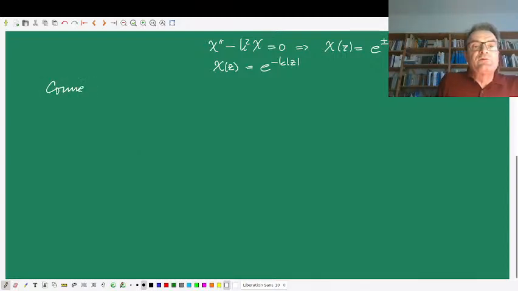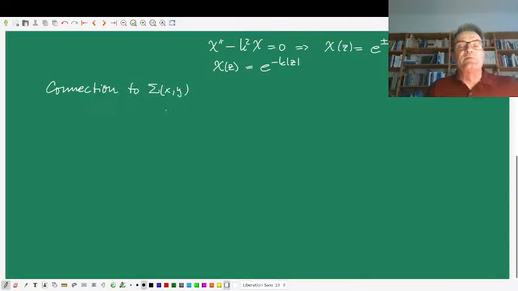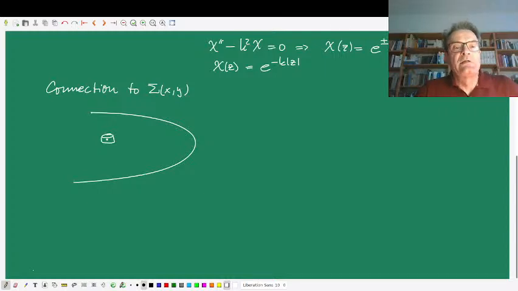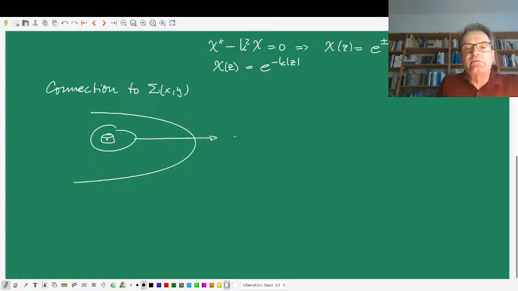Now we need to establish the connection to the surface mass density sigma of x and y. And how are we going to do this? I'm assuming that here is the disk somewhere, and I'm looking at some point within this disk. And I'm enclosing this point by a little box, which is symmetric to the disk plane. So if I look at this situation from the side, I have the disk plane here, so the z coordinate is here, and